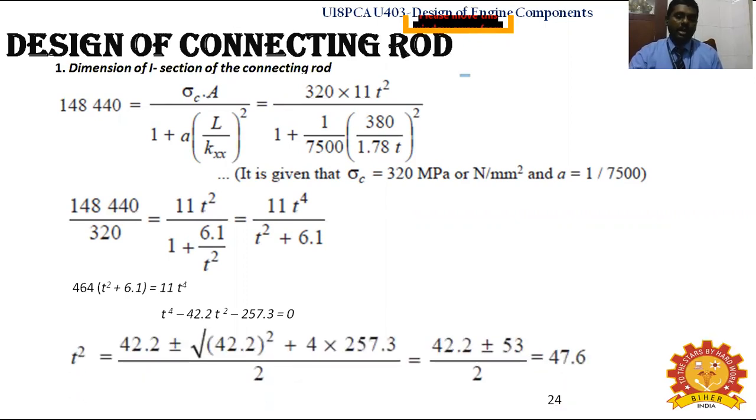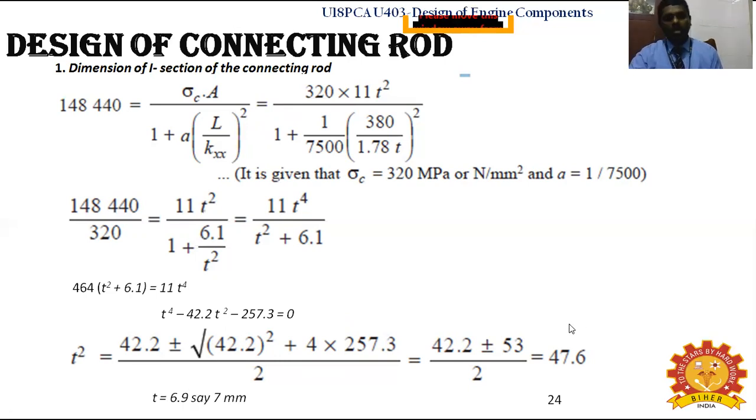So in the quadratic equation, instead of x you can take t square, so that once you identify the t square value, then you can take the square root and identify what the t value will be. And we are going to consider the positive value only, because we know in a quadratic equation there will be a plus or minus, but thickness cannot be a negative value. So it always has positive values. Positive sign only we are going to consider. If it is negative, it is not logical, so we are removing that. Only positive we are considering.